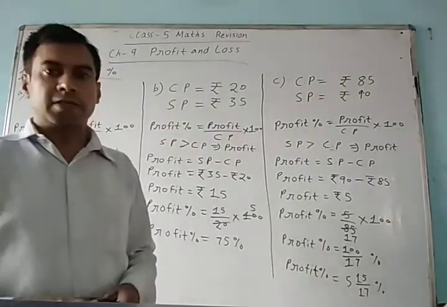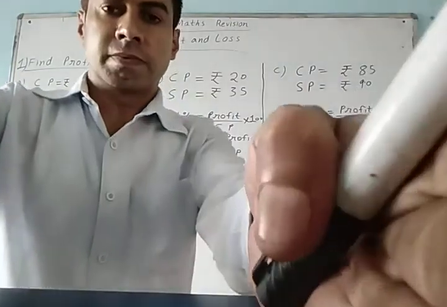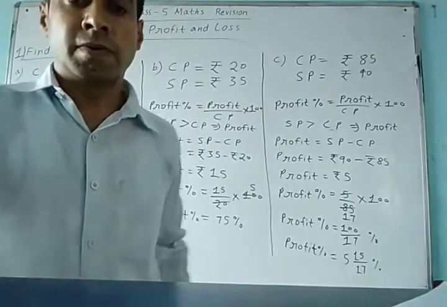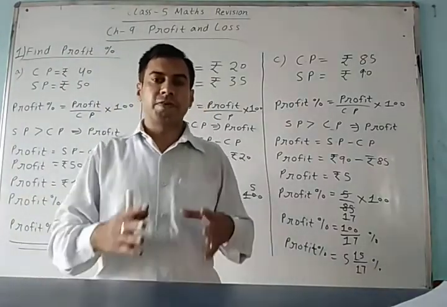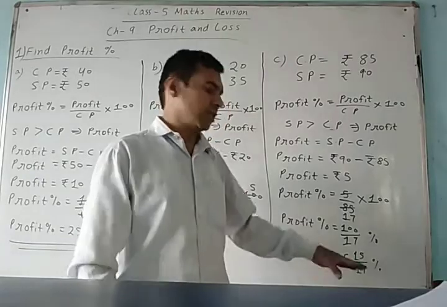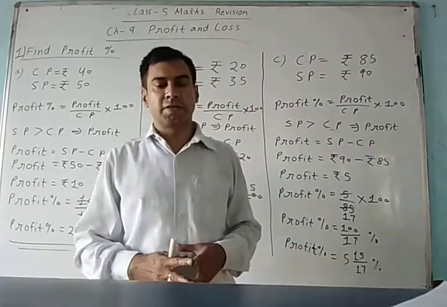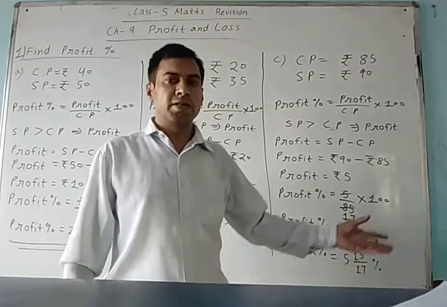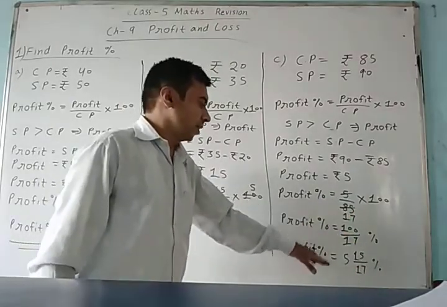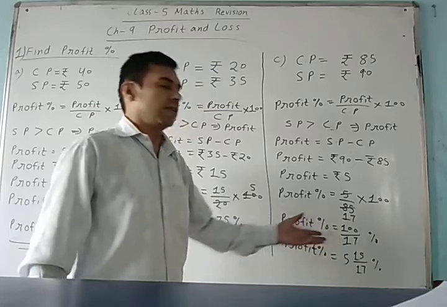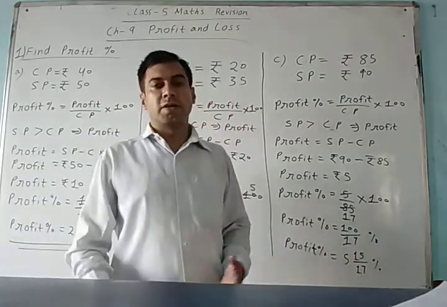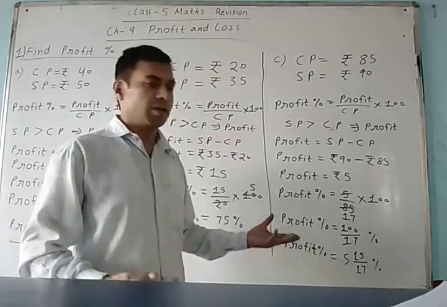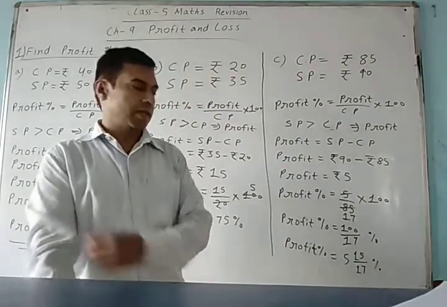Both the answers are right. Why have I solved it in this manner? So that if it comes as an optional question and both options are given, you can select both options, A and B. If any one option is given as 100 by 17, like this question comes, and if it is given in mixed fraction form, you can understand how you can solve it. Clear?